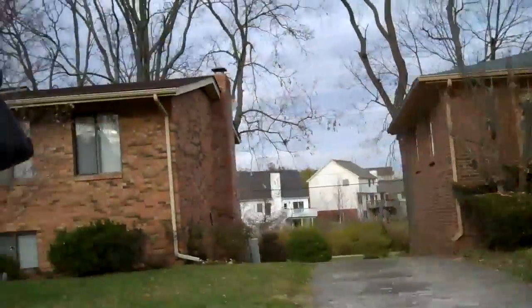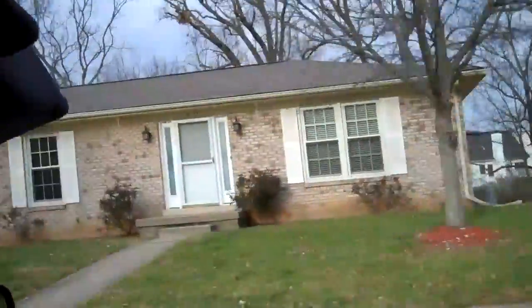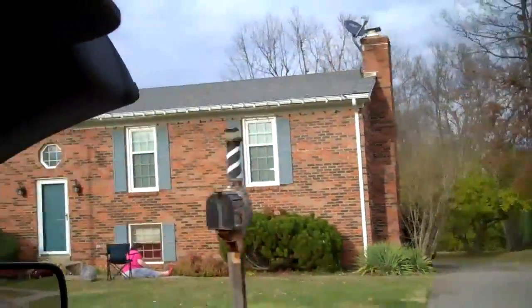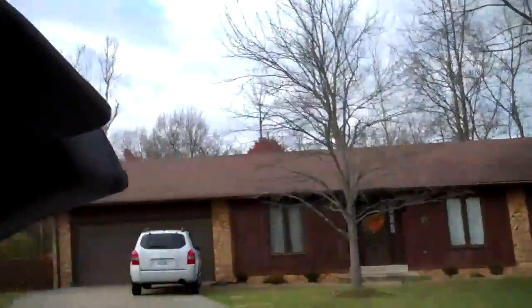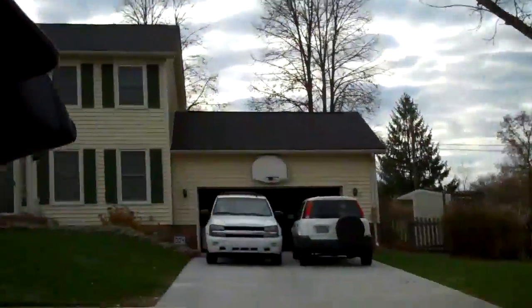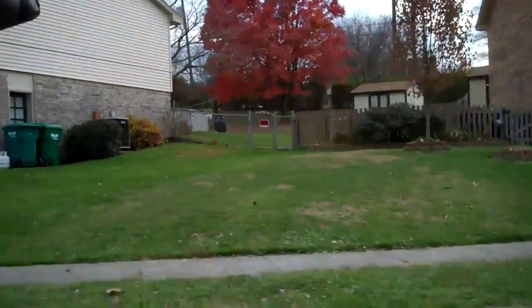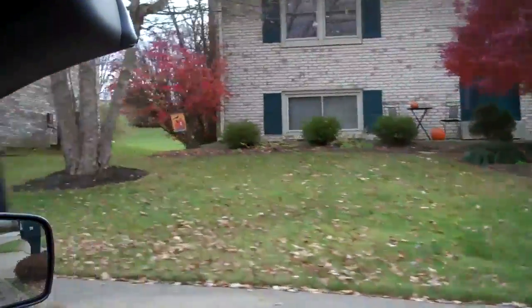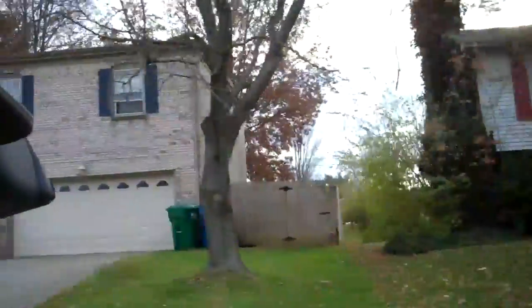Most of these houses in Southpoint kind of range in value from about 140-ish all the way up to about 210 or so. We've had a few that have sold for, you know, 210, 215 recently. What you can expect for that kind of money is to get between 1,400 square feet, maybe up to about 3,000, you know, if there's a basement. Most of them, though, are like 2,000, 2,500 square feet, mainly because a lot of them are these split foyers